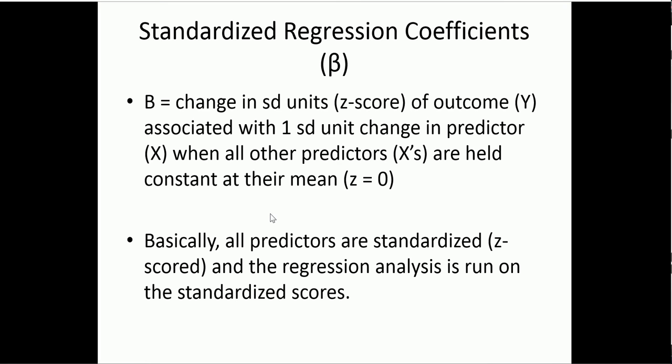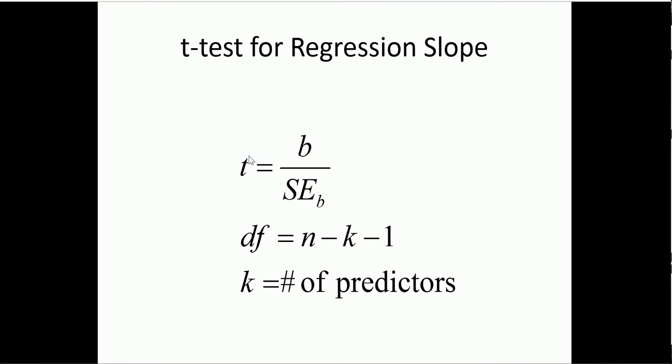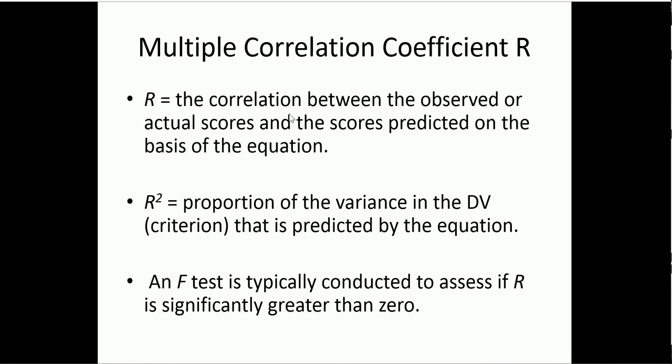In the sense that you would get the same answer. So I don't provide the formula for it because it would be the same value for t as you would get for the unstandardized regression coefficient. All right. Another important statistic that results from a regression analysis is the multiple correlation coefficient, which is symbolized by